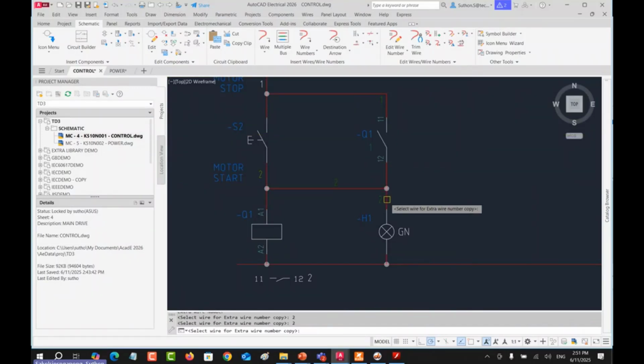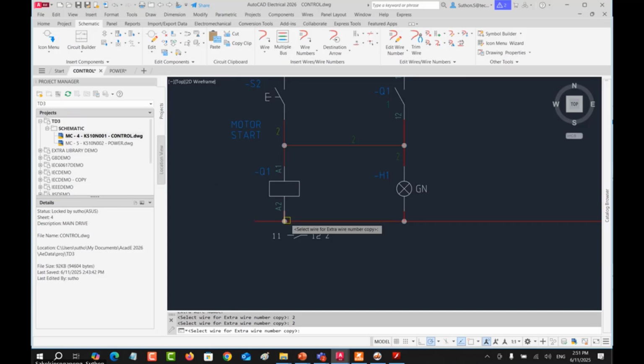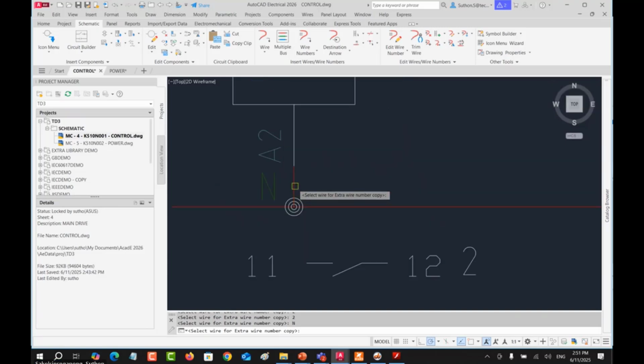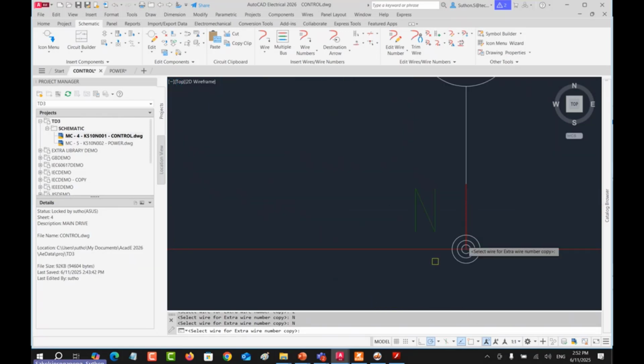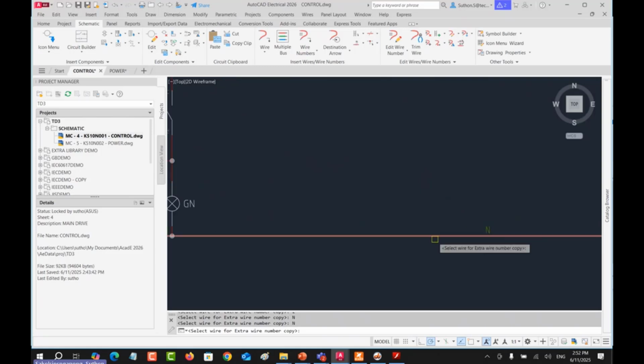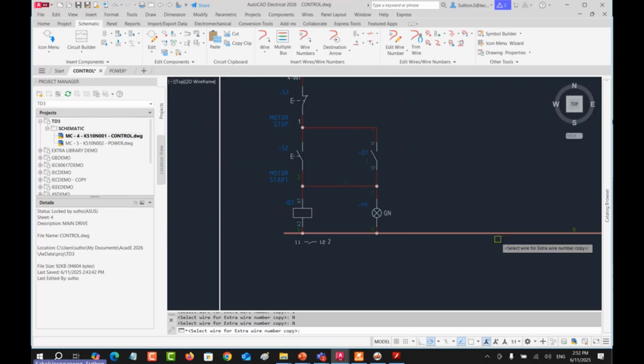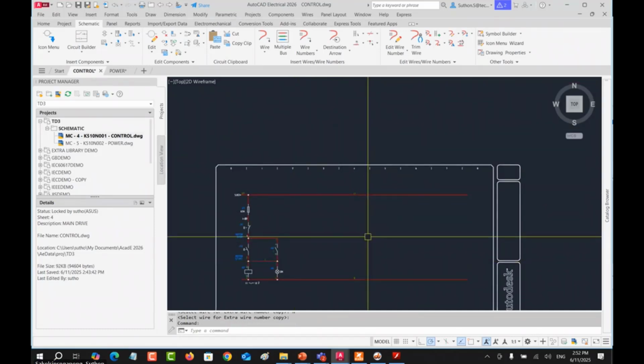Number 2, right? And what number is this line? Number N. Where did it come from? It came from this wire. You can see it attached to the main line, and we will copy the wire number. Easy like this, right?